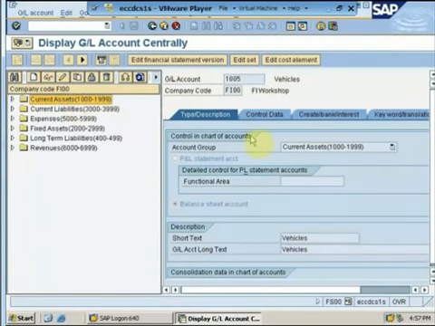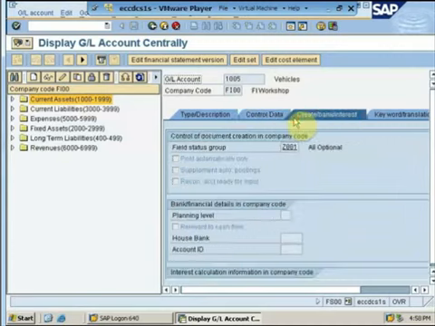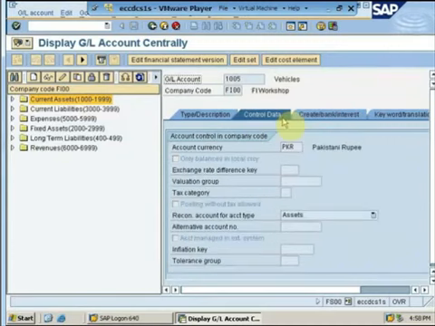Any data which prevails under the chart of accounts segment would be the same for all the company codes that have been assigned to the same chart of accounts. The company code segment may vary according to each company code depending on its own requirement and configuration preferences. Then we moved on to each and every field in the GL account master data and understood its concept. So this concludes our first topic of the unit.